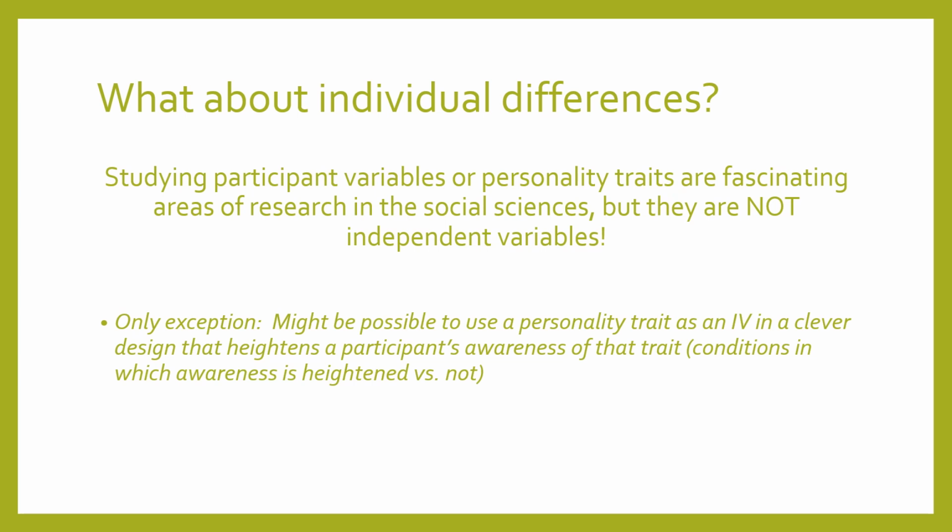So what about individual differences? While studying participant variables or individual difference variables or personality traits are really fascinating and interesting areas of research, especially within the social sciences, they're not independent variables. So for example, gender or age. Those are really interesting areas to study, but they aren't true independent variables. Those are more considered to be